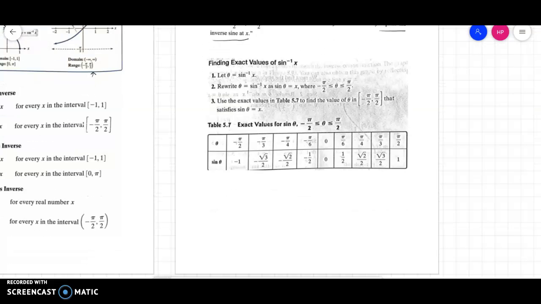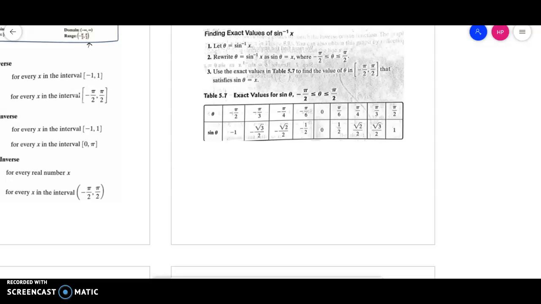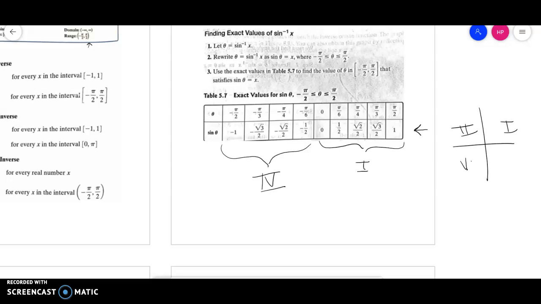So if you take a look here, if we're trying to find the angle measure, then we can rewrite it as the inverse sine of x. And if we look at the table, all of these values on the table that we're used to are from the unit circle. So again, this portion of it is what we're used to in the first quadrant. This portion of it, working backwards now, really then just takes me down into the fourth quadrant. So again, if I'm thinking of quadrants 1, 2, 3, 4,